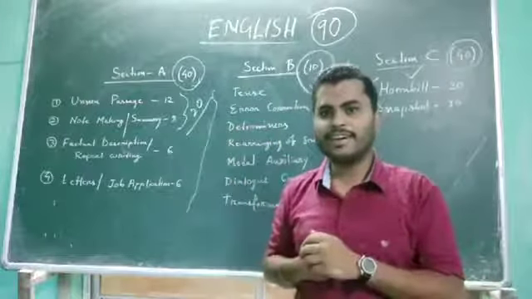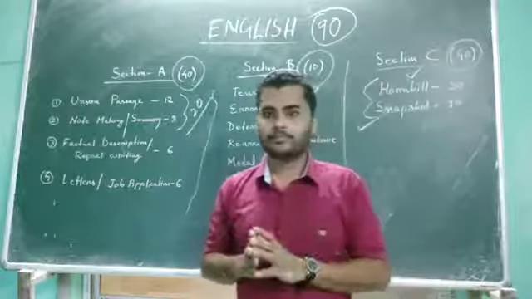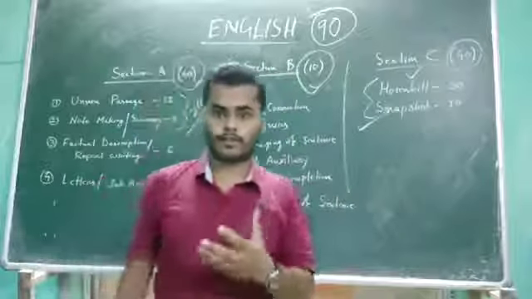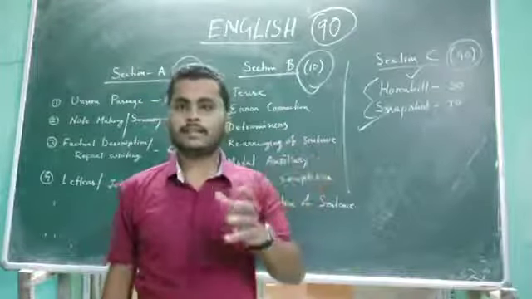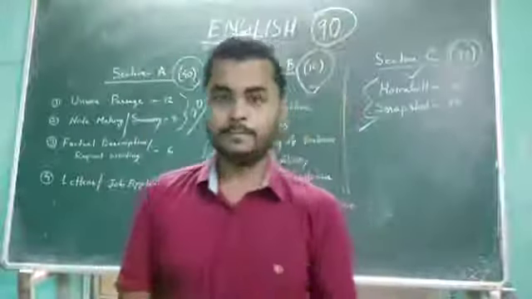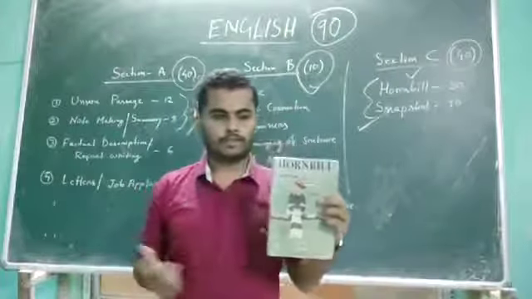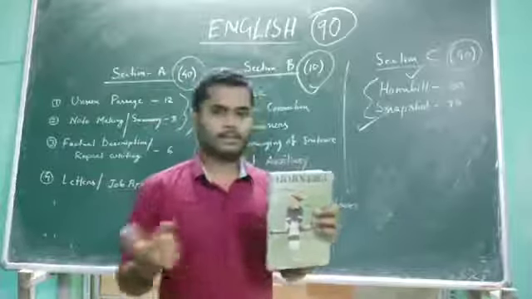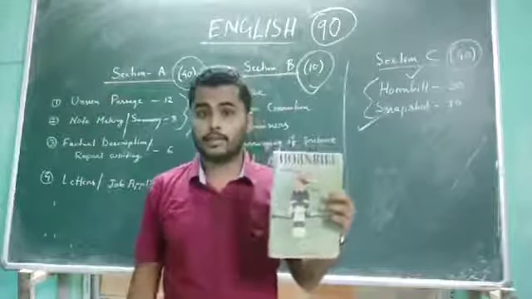You have got the idea? Okay, thank you very much. Then we will go to the chapters, prose and poetry. What will be the prose and poetry that we will have to read in the text? First, from Hornbill. This is the book Hornbill, and Snapshot I have forgotten to bring. In a later class I will introduce you to the supplementary reader.